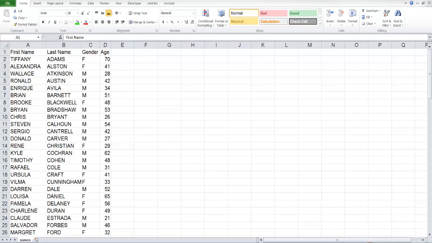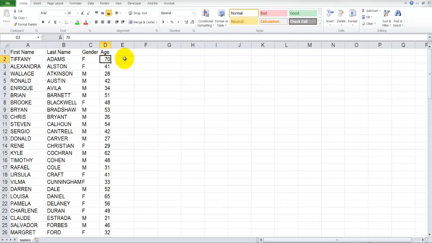Okay, in this example, I want to show you how to conditionally format based on a relative and absolute referencing strategy. So let's take a look at our data set. We have a column of first names, last names, the gender for the person, and an age. So let's go ahead and evaluate the age and conditionally format it based on whether the age is below 45 or above 45. So what you might want to do is create a threshold value, a cellular reference, or simply